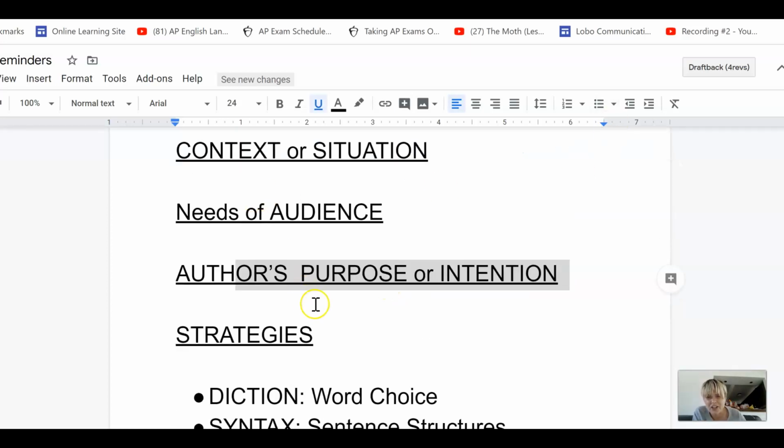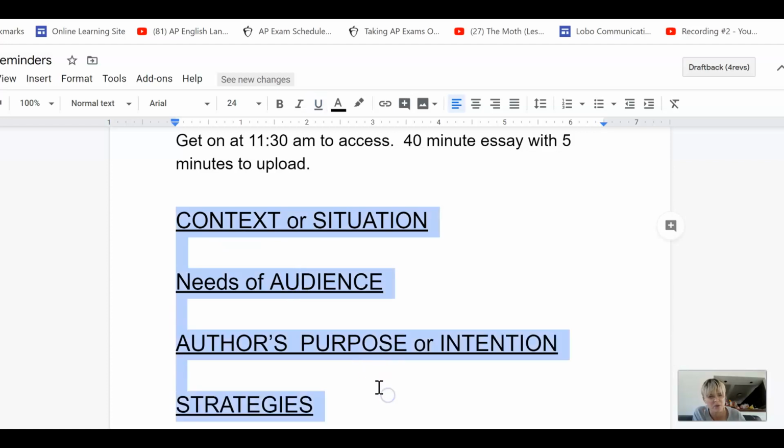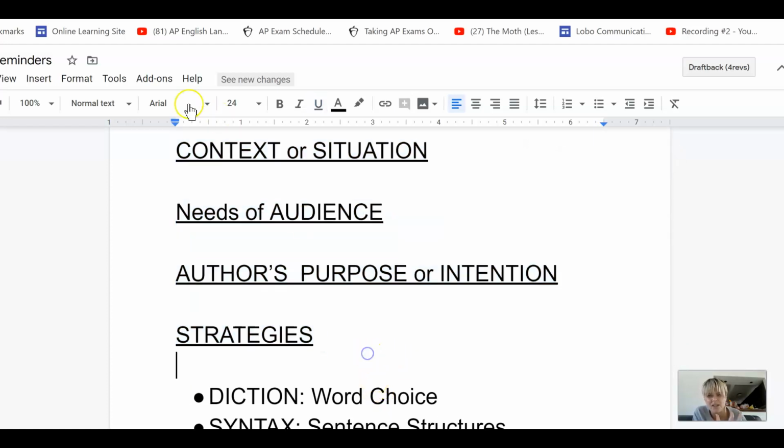So what we're looking at doing here is the 4 main things you want to remember whenever you're doing rhetorical analysis. The first one is context or situation. You want to be thinking about what is the situation at the time, what was the country going through, what were the people going through, who's the audience, and what are the needs of the audience, right? So, is FDR, for example, giving a speech on the radio to a nation looking to get out of the Great Depression? The needs of the audience are very different from Madeleine Albright giving a speech at a women's college, right? So be thinking about what the needs of the audience are and what's the current situation that they're talking in.